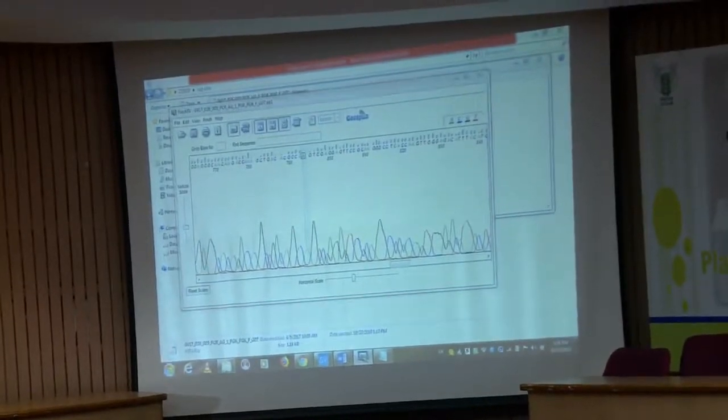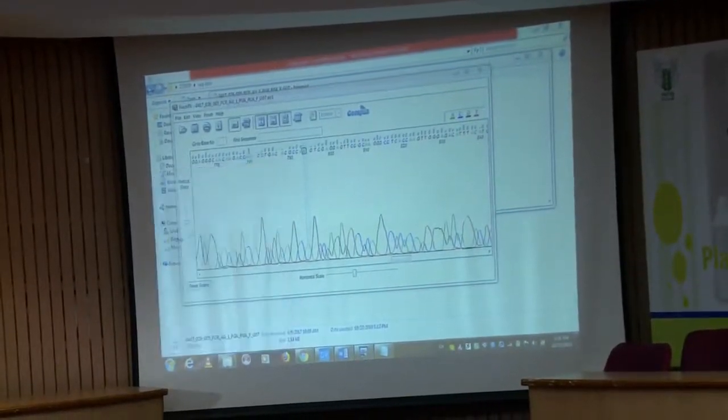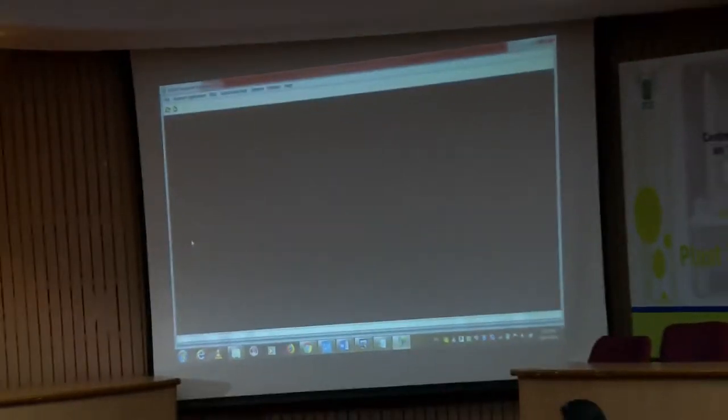So, I will just open one file for you. Once you download Bioedit, this window will appear. You can use it offline. Let's suppose you have downloaded it and got the sequencing data, you do not need an internet connection, you can make the contigs as and when required. So, this window will appear, go to file,